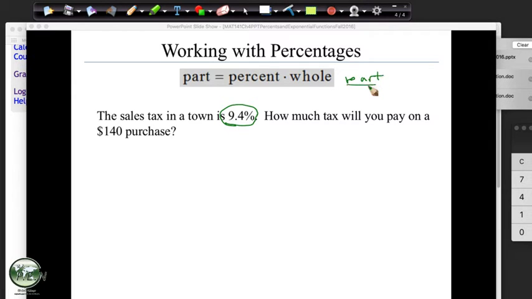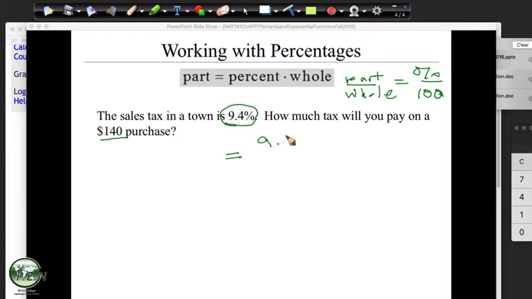This is the cool part. This part over whole equals percent over 100. The cool part about this, 100 is always 100, so it's always going to be there. When they give us a percent, it goes in the percent. And then we just have to figure out the other number, because again, they always have to give us two things. You have to figure out this number, is it a part or is it a whole?